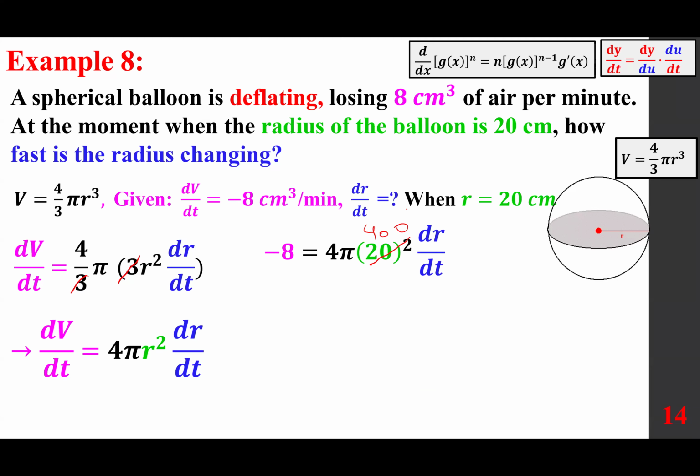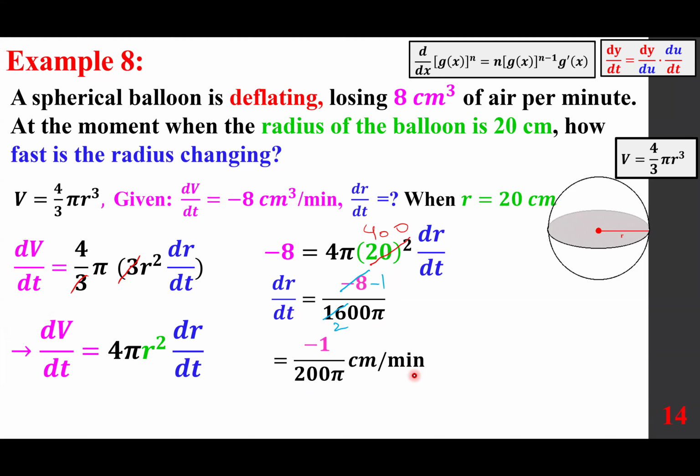We're going to divide both sides by 1600 pi. And therefore, 16 becomes 2, -8 becomes -1, and we get -1 over 200 pi, units of r over units of t,